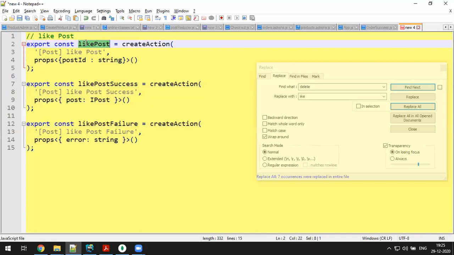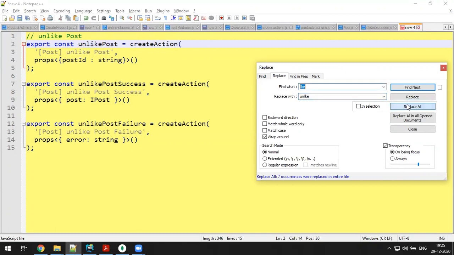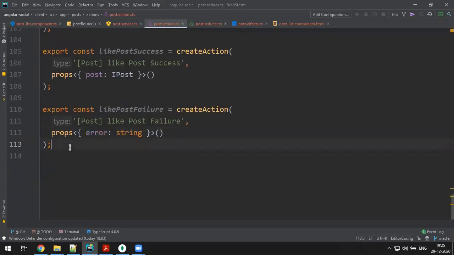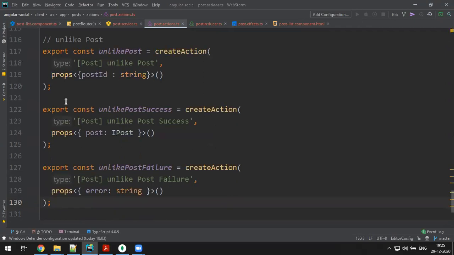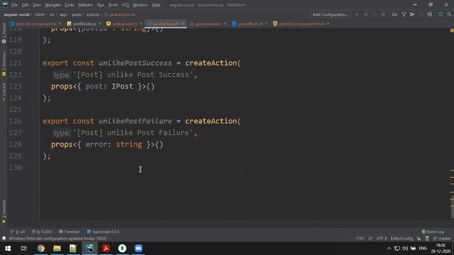Next, wherever you have a like, replace with unlike. Both I'm doing. Okay, unlike, replace all. This is for unlike a post. So like a post, unlike a post. Here also post ID. Fine.